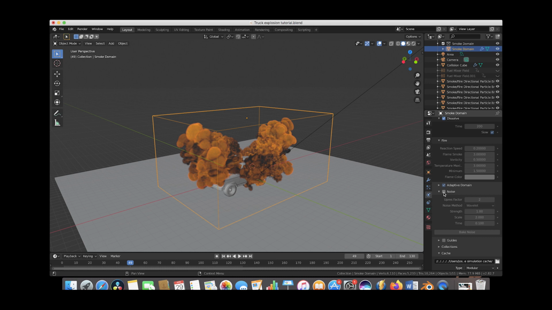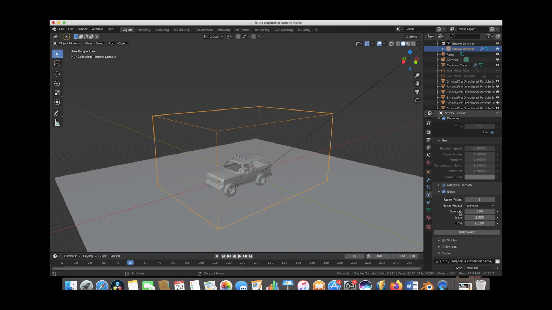We'll go ahead and check the noise checkbox, and depending on how much high resolution noise you want to bake on top of your simulation or how close your camera is going to be, you might want to increase the up-res factor even more than 2, but I'm going to just use 2 for the sake of this tutorial. But you should know that depending on how close you want your camera or your render to be of your smoke and fire, you may want to increase this up-res factor to 3 or 4. And I think actually for the full rendered animation for this tutorial that you've seen at the beginning, we actually up-resed that explosion by 3, but I think 2 should be pretty detailed as well, considering where